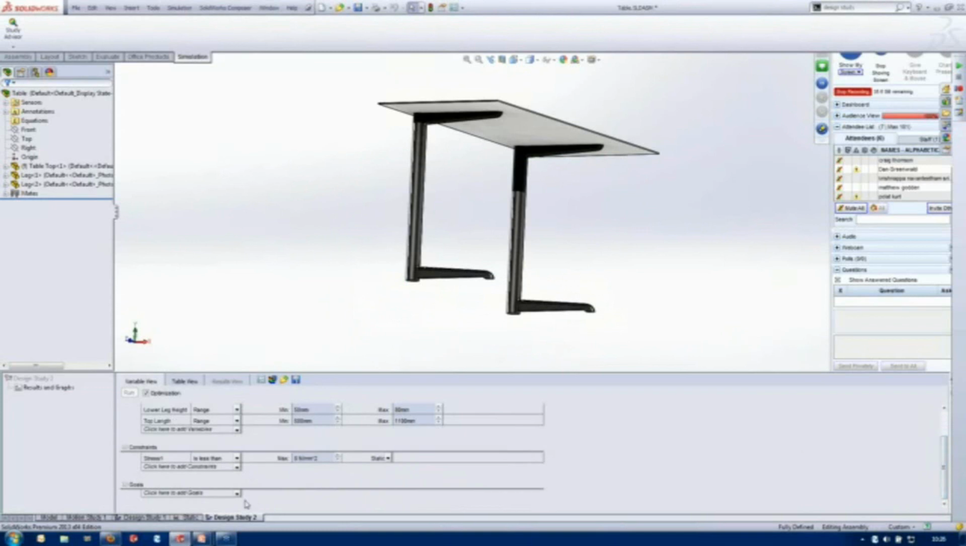Now, goal isn't something we set last time. So this goal, we're actually going to say we're going to use mass because we want the overall mass. And what happens is we're setting a goal to minimize the mass. So the easiest way to reduce the